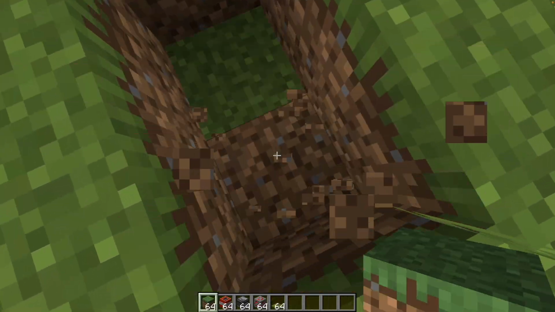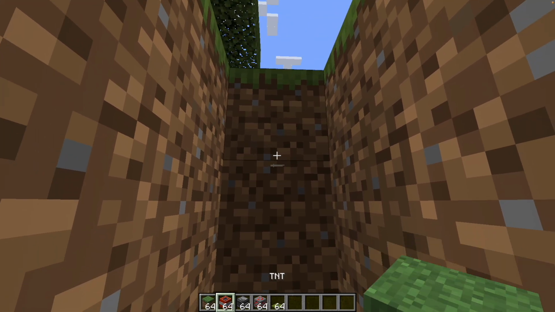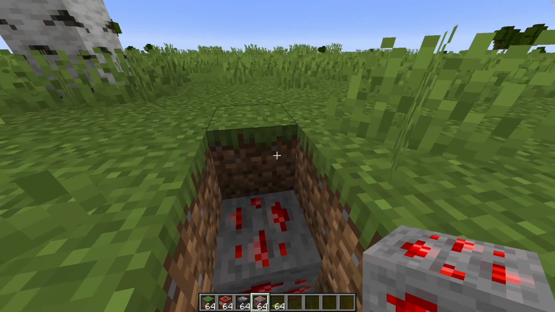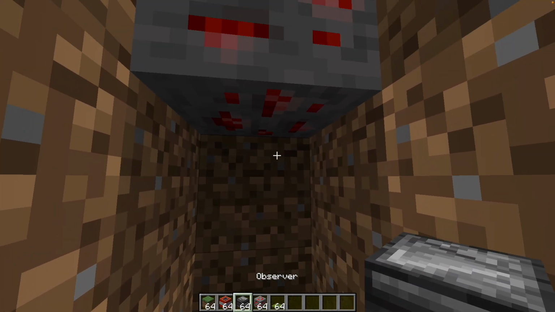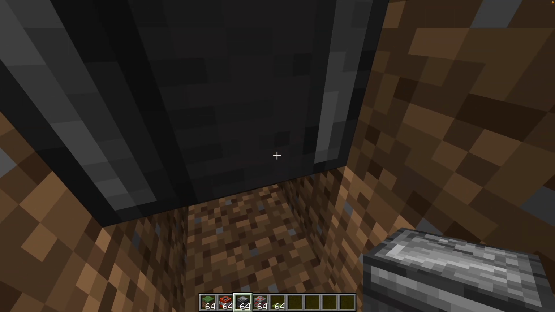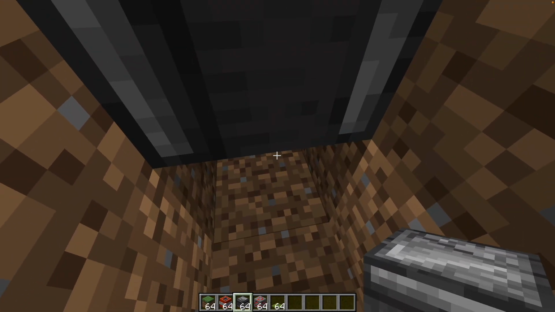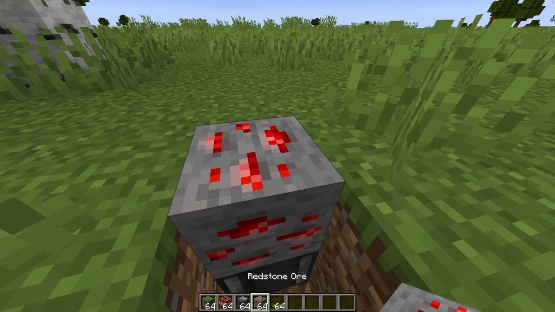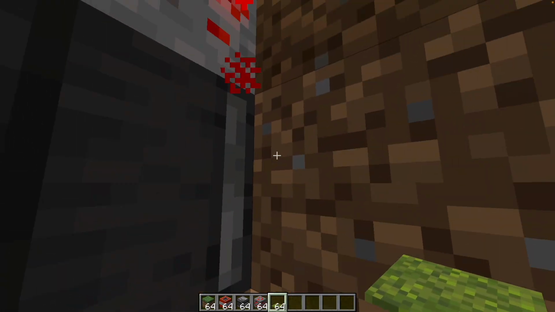So for this one, you're going to need to dig down a little bit deeper. So first you're going to want to place in your redstone ore, actually flush with the surface, and then place an observer underneath it facing down like that, so the output is facing down. And then right under that put your TNT, but it's very important, first put the carpet on top, and also put your grass block on top,